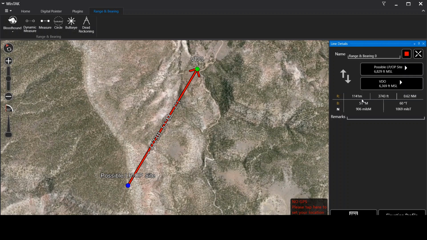Yep, so a little over a K, right? So that's as the crow flies, and as you can see, if we were to walk straight there, that's going to be a pretty significant elevation change. And handy for us, right here on the range and bearing page, at the bottom right, you can click Elevation